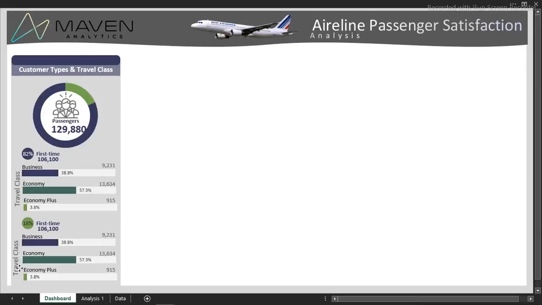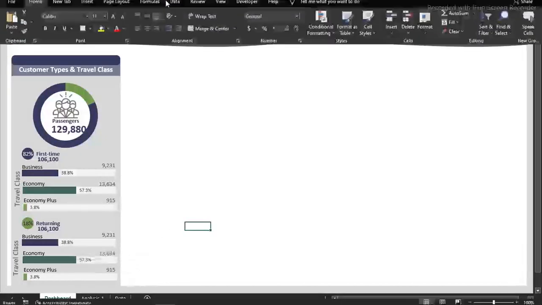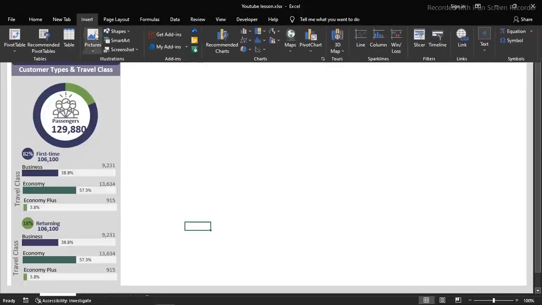You understand? So remember, you have to change this one here to something like returning. And if you remember, you have to make sure you go ahead and create this analysis and actually represent it with this one right here, and you'll be good to go. And next is for me to go right here, insert. I'm going to go to